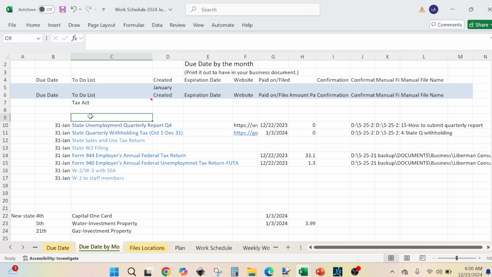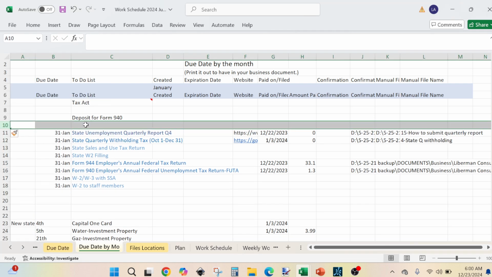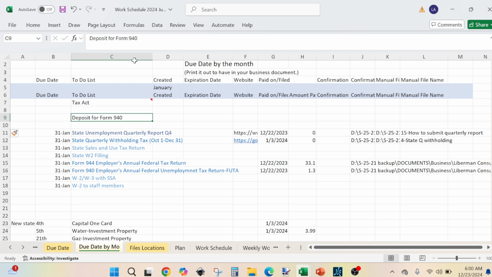they are required by. So here I believe I like to add deposits, and deposit here, let's put deposits for form 940, and let's leave it like that. Deposit for form 944, and